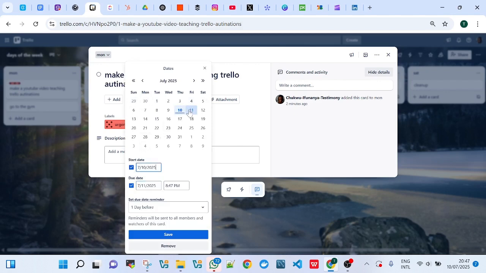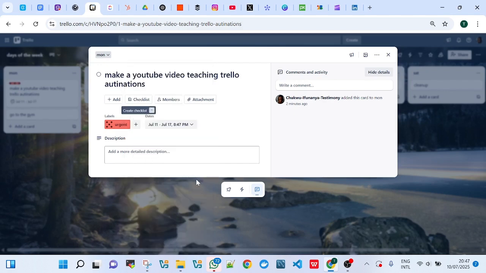Let's say it's starting tomorrow, and let's add a due date. Let's call it due date. Let's say the due date is ending tomorrow, which is, let's say, 6 days: 1, 2, 3, 4, 5, 6. Okay. So this is our starting date. This is our due date. Then we say, since we have